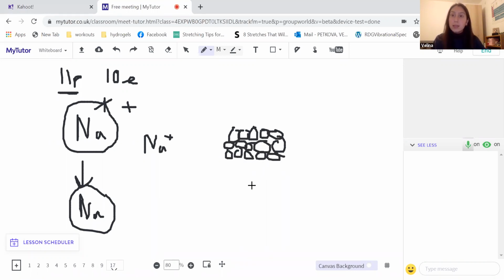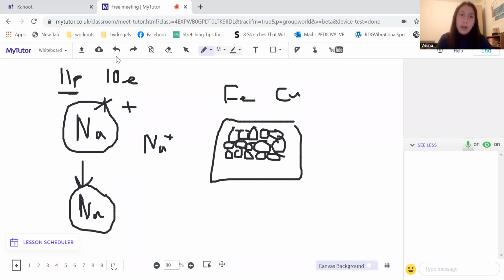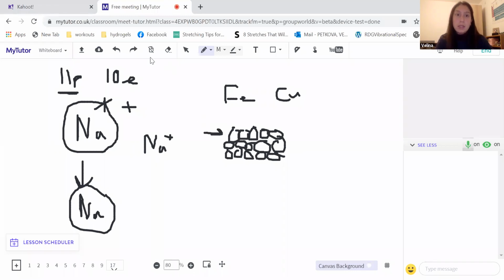An alloy is a mix of metals. So instead of having just, say, pure iron, you'd have iron and copper. Iron and copper have different sized atoms. This means that you can't make this perfect layered arrangement. Pure metals are softer because you can slide these layers over one another. However, in an alloy, because the atoms have different sizes, you're going to get a disruption of this